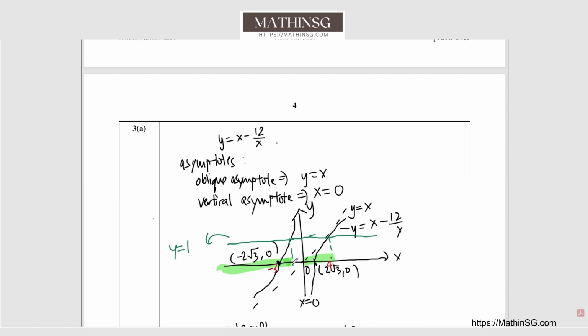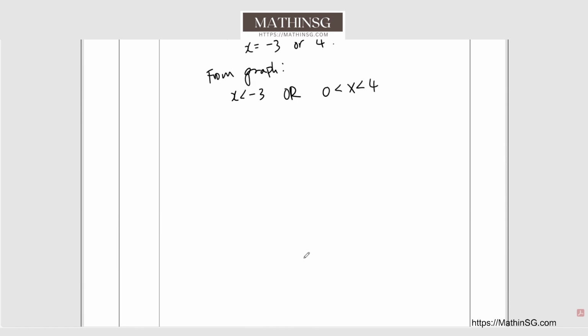Oh sorry, not this, here's minus 3. So the inequality is satisfied for any portion where x is lesser than minus 3 and when x is in between 0 and 4. So this is how we solved it